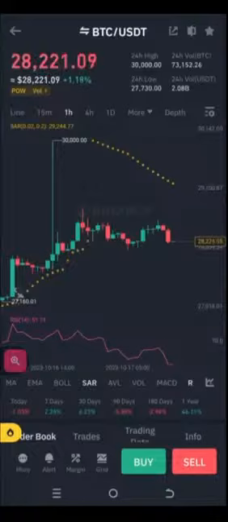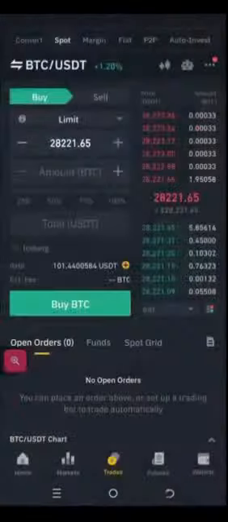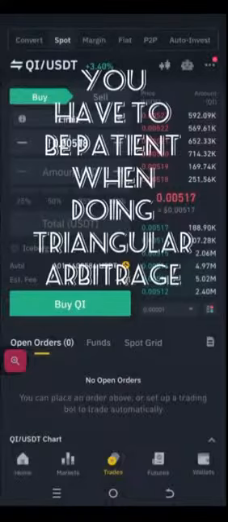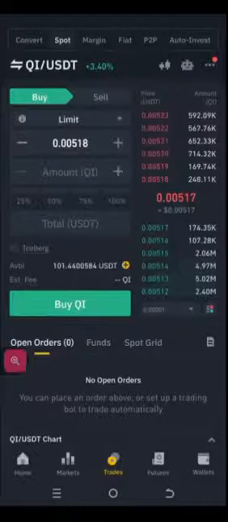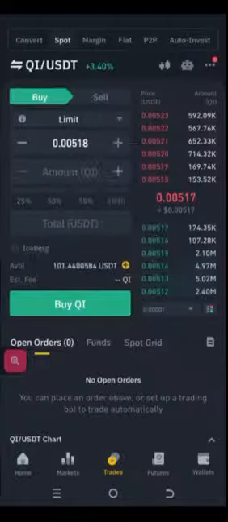But anyways, it's not about BTC. It's actually about QI USDT, and that is our triangular arbitrage. And it's good. We were able to make money. But let me tell you something. You're doing triangular arbitrage, you've got to be patient, because you never know when it's going to come out. And the reason why this took quite a long time, about 9 days, was because of the bloodbath that happened, and we had to change from Lena BTC. Remember, go all the way, change to QI BTC, and then sell for profit in QI USDT. So it took a long roundabout journey, but eventually